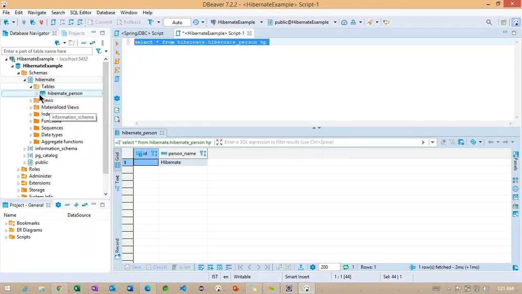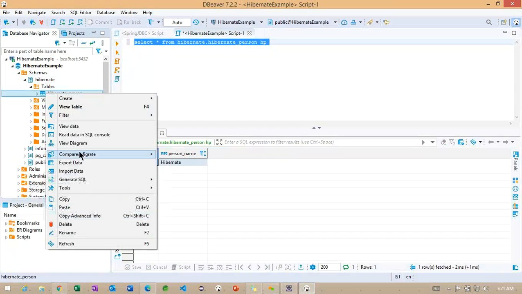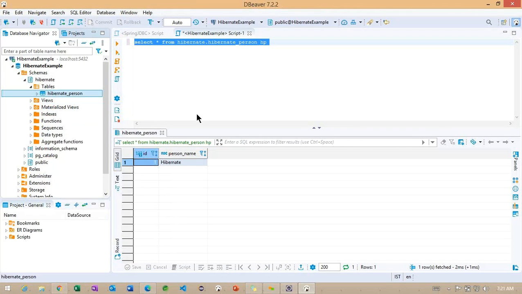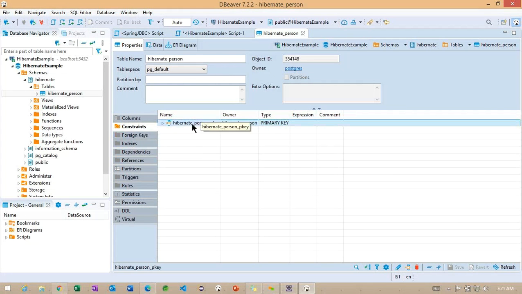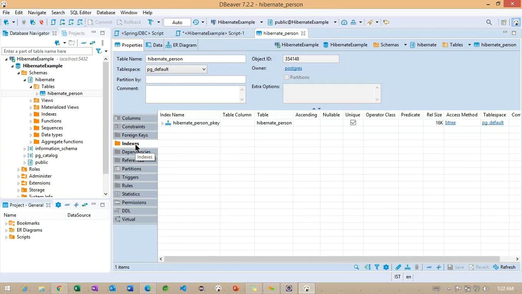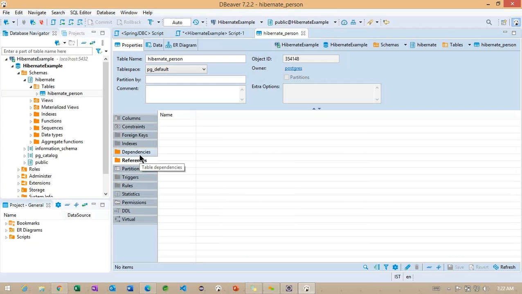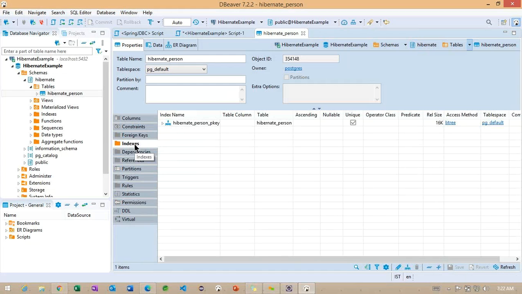Okay, let me check this particular table. Constraint, foreign key, indexes, references. Where is the Hibernate table? So we have only one index.